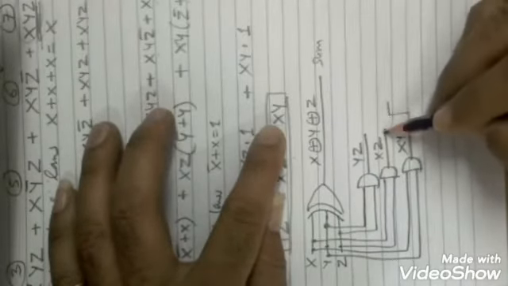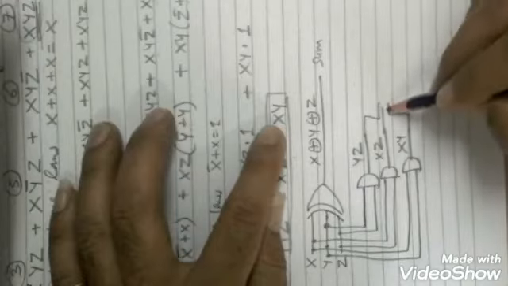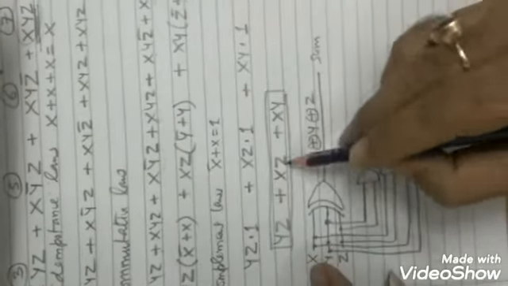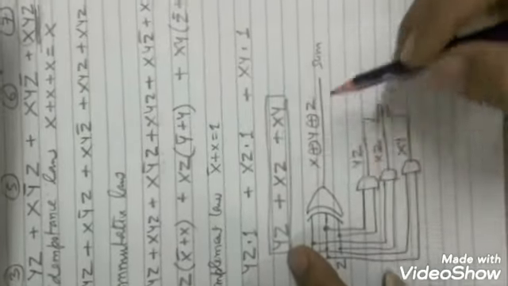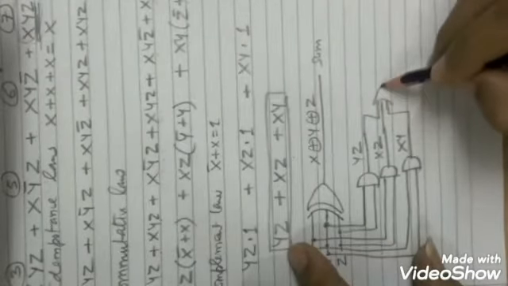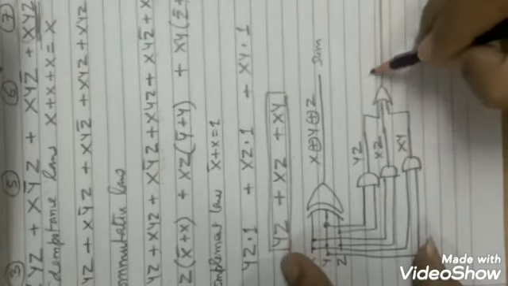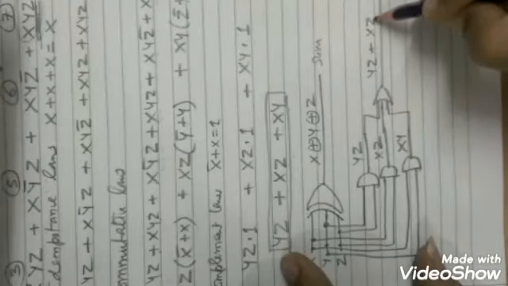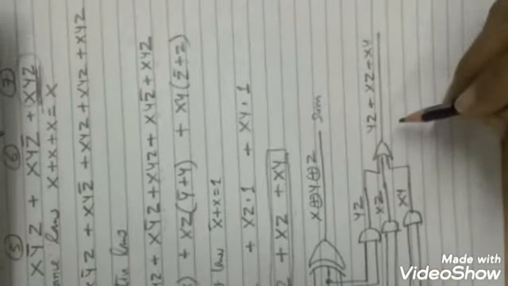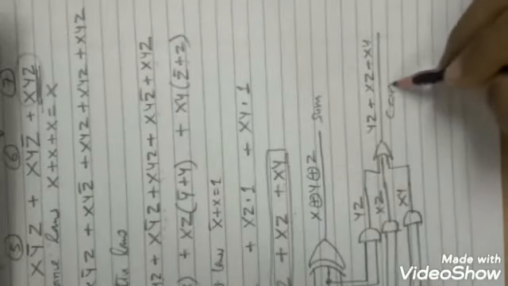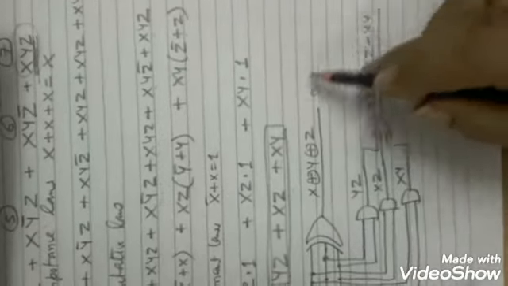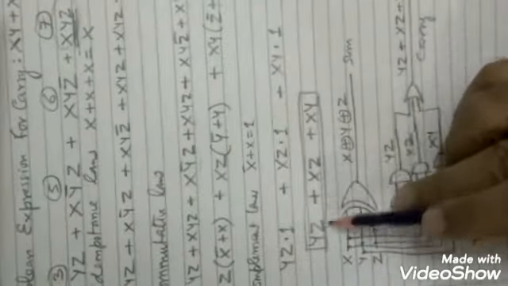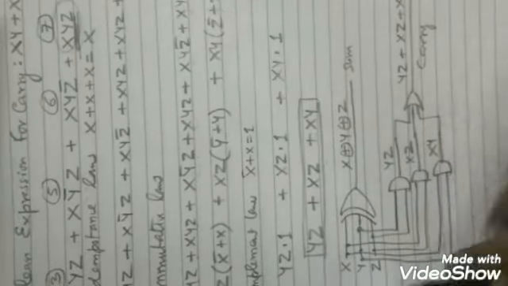And all these three signals are further joined with the OR gate, because you can see here all these three are joined with the plus sign. So we write down the OR gate to get the final expression as yz plus xz plus xy. So this is the carry, and this whole is the logic circuit for the full adder. So again, for the full adder, we have the definition, we have the truth table, we have the sum expression, we have the carry expression, and we have the logic circuit diagram.